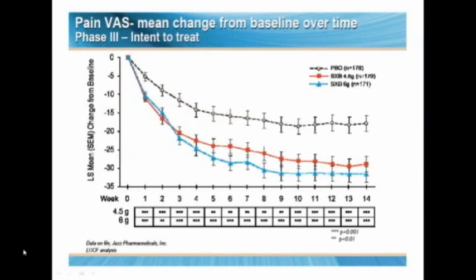So in this first slide, this is a pain visual analog scale. And so obviously negative is better because there's less pain. In the top line, the black line is placebo, and the blue and red lines are the treatment groups of sodium oxybate, 4.5 as well as 6 grams. And you can see that already by week 1,